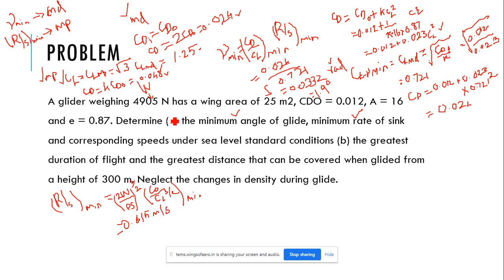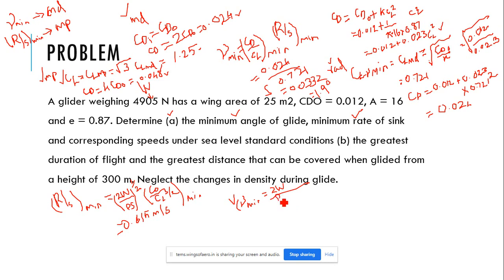So we found the value of minimum angle of glide and also minimum rate of sink. Next thing we need to find is the flight velocities. We should find the values for the flight velocities. First we need to find the minimum velocity at minimum angle of glide, that is V gamma minimum. The formula is